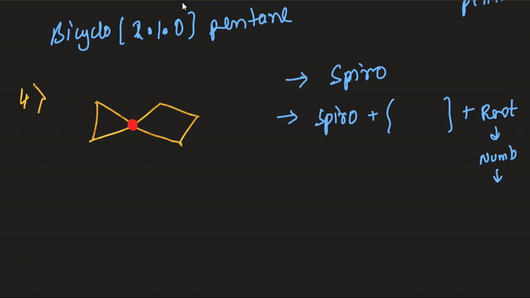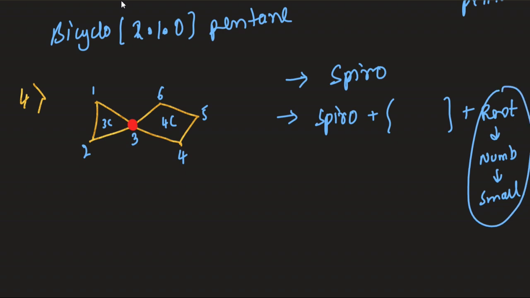How to start the numbering? By using the small ring. So this is a 3-membered ring, this is a 4-membered ring, right? So I have to start numbering from the 3-membered ring. But should I start with the bridge or without the bridge? We have to start without the bridge. So hence 1, 2, 3, 4, 5, 6. Based on this, we came to know that the root word is nothing but